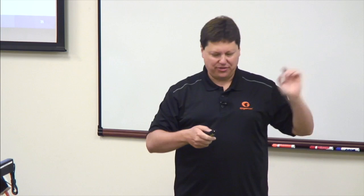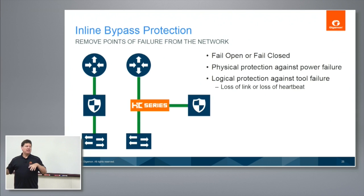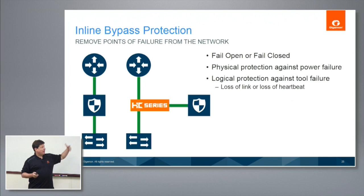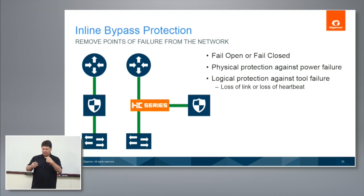And usually, depending on the deployment, the distances tend to be shorter for these types of inline. But then there's the question of what happens if the tool goes down, and how do you detect that, right? Because physically everything could be fine, but the tool could either lose power, it could just hang in software. What happens then? So we have a couple of means of detecting whether or not the tool is healthy, right? You can look at the link that we're connected to it, and we can actually also send heartbeats through it